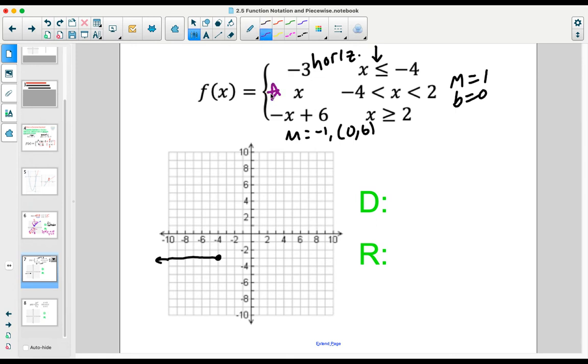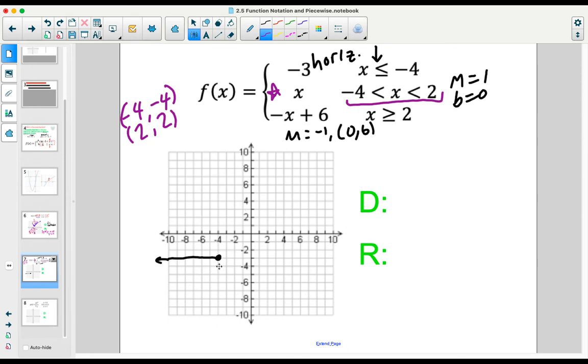Moving on to the next part, we're going to graph the line y is equal to x. Sometimes it might be to your advantage to try these endpoints just to get an idea of where the line is going to start and stop, especially if you know it's going to be a line. If you know that the line has a starting point and a stopping point, it can be to your advantage to figure out those two endpoints, even if you know those two endpoints aren't going to be part of the graph. So in this case, I'm going to have an endpoint at -4, -4, because y is just equal to x,